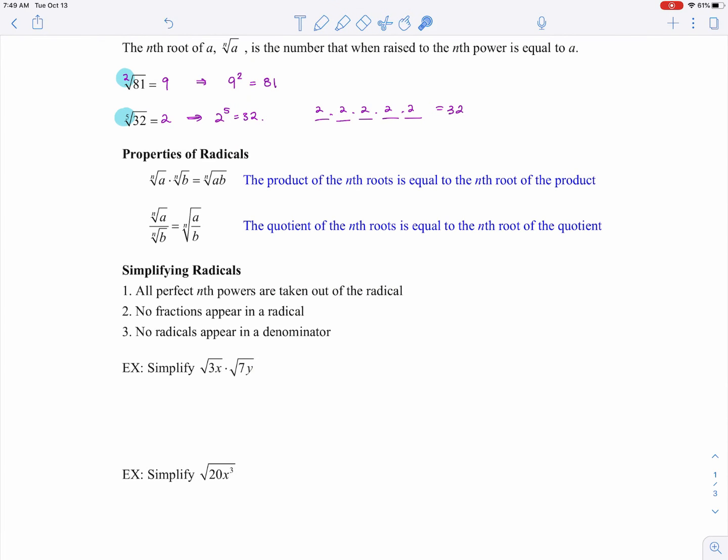So some properties of radicals are the following. The nth root of a times the nth root of b is equal to the nth root of a times b. And the same is true for their ratio. So what I want to say here is, warning, the nth root of a plus b is not the nth root of a plus the nth root of b. Really what's going on is both of these rules are specific versions